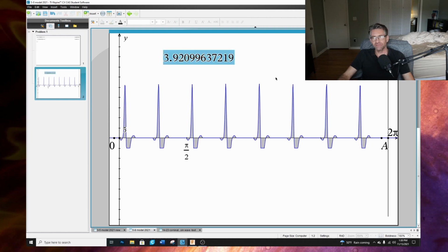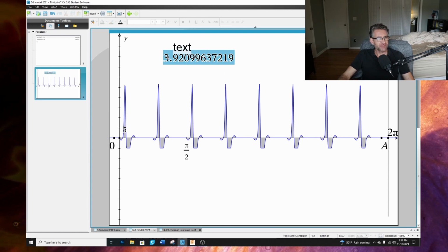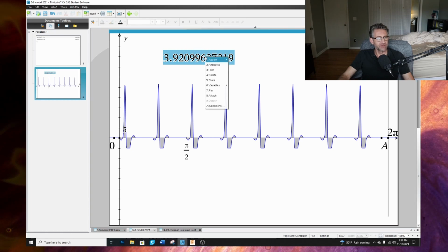So yeah, look at this. We're getting some area here. Now that would be just one magnet on the rotor rotating 360 degrees, right? But we actually have 5 magnets on the rotor and 8 magnets on the stator. So we would have to take this number right here,